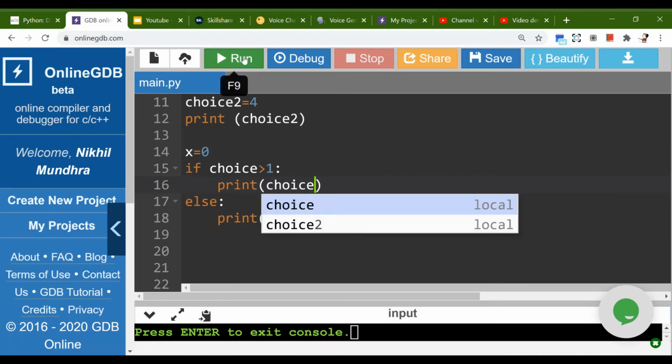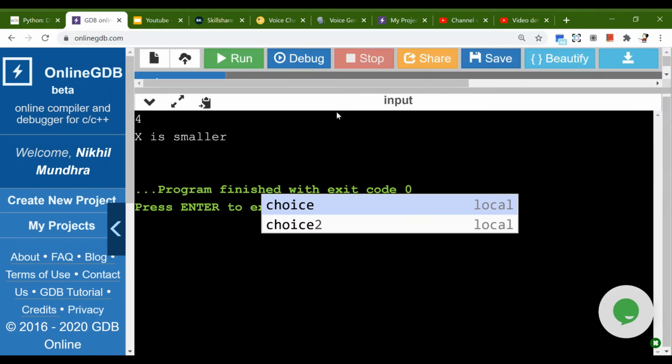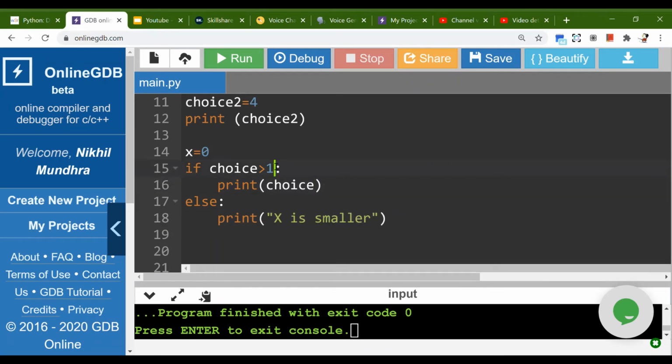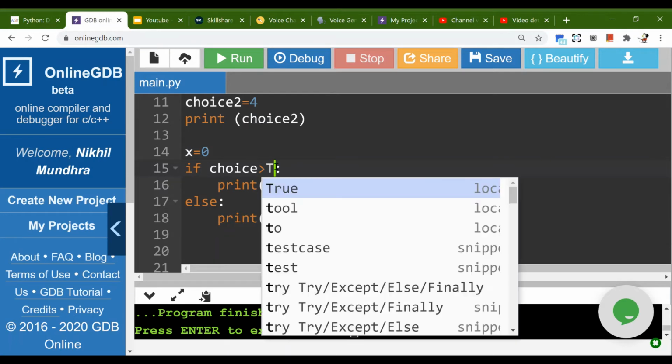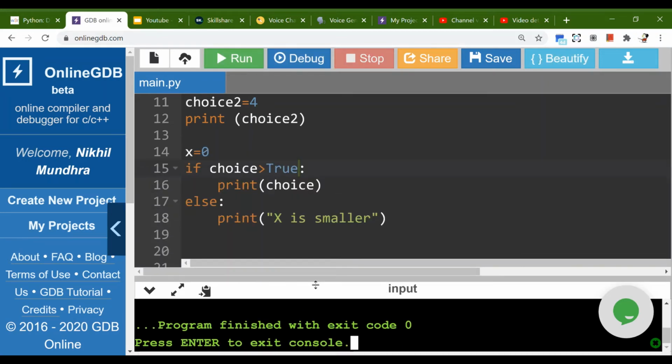Choice is a boolean and 1 is an integer, so obviously the values don't match and cannot be compared properly, so it will just go to plan B. So I need to put something like true here, so the values are comparable, but still, because the values are equal, they are not greater than each other, so the values don't match the criteria.